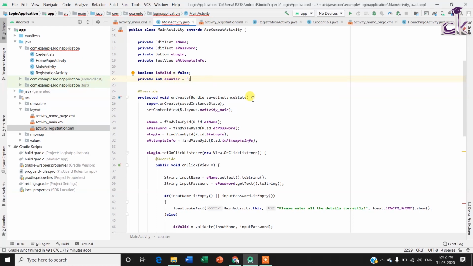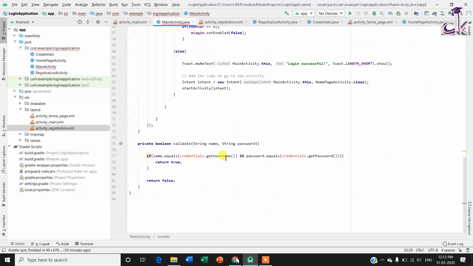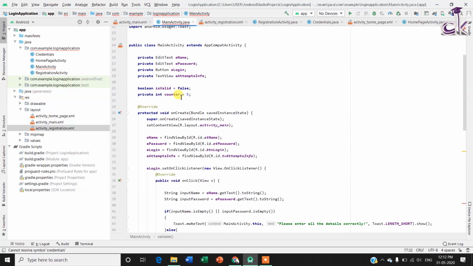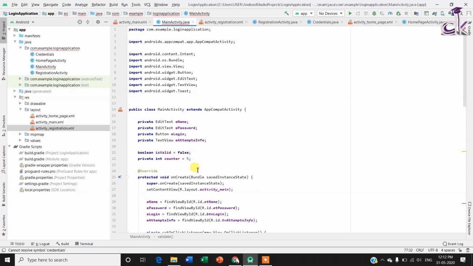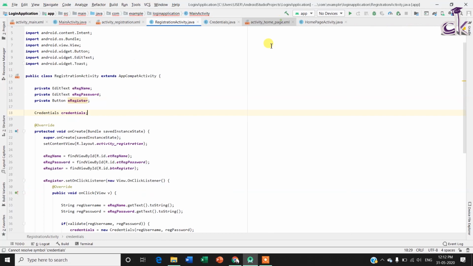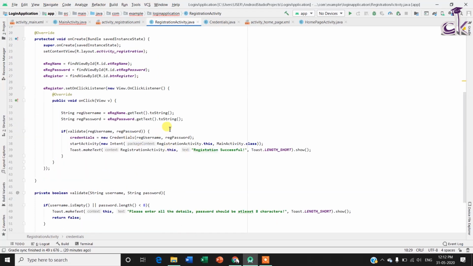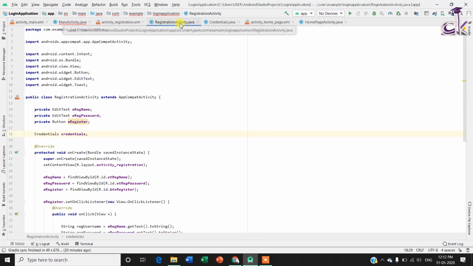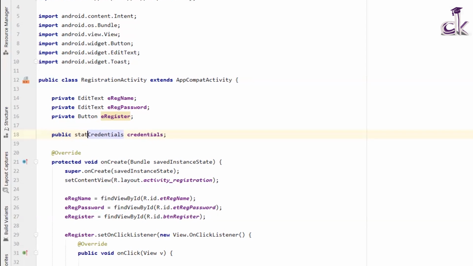So remove that, and then you will notice that it throws an error because it does not know where the credentials object is, and this particular object needs to be the same as the one we have used here, because if you create a new object here inside the main activity, then it's another instance of the class, and it's not the same instance that we have used in the registration activity to save the details. So to use a particular variable which is defined in another activity, what you need to do is set it to public static.